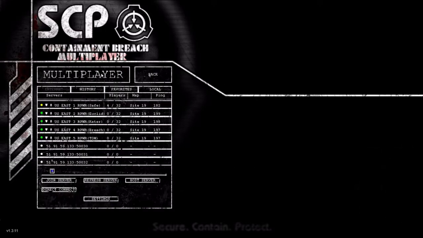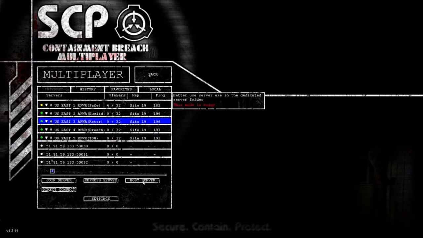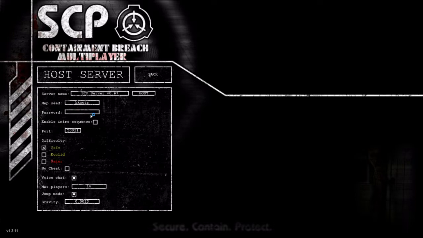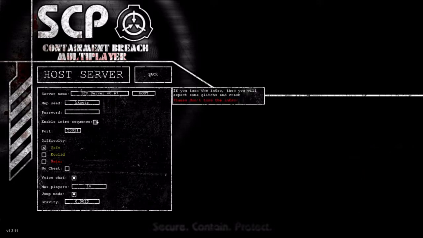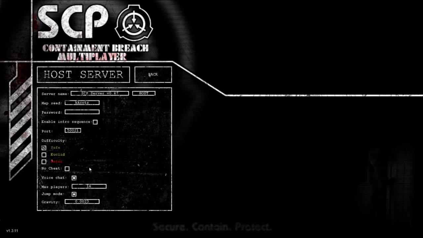And here we are. You can click multiplayer and here are some servers. Now, if you don't know how to host or create a server, I recommend just joining a public one, because there's very little chance of anybody joining. But if you do want to host a server, you can either use a dedicated server or you can host this server. However, as it shows, this mode is buggy. Hosting a server will give you a seed, a name you can choose, and a password if you want. I don't recommend enabling intro sequence because it's extremely buggy. You can screw around with any of these stuff,